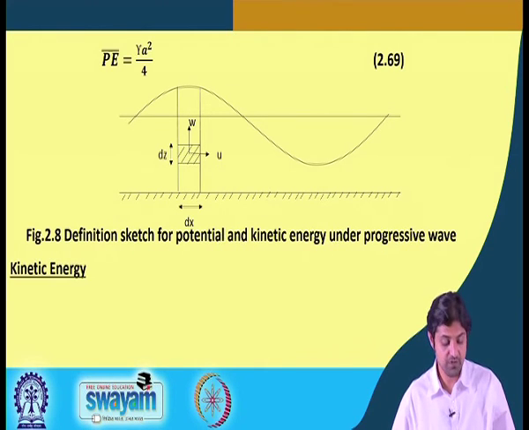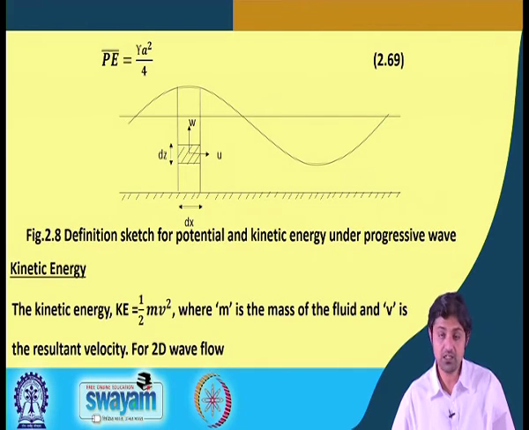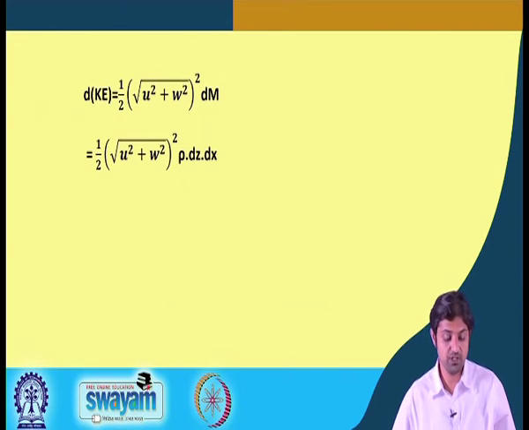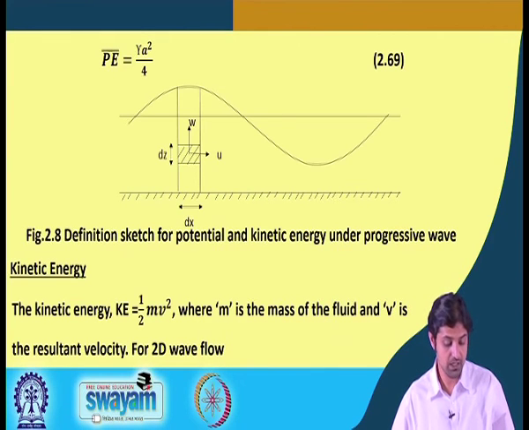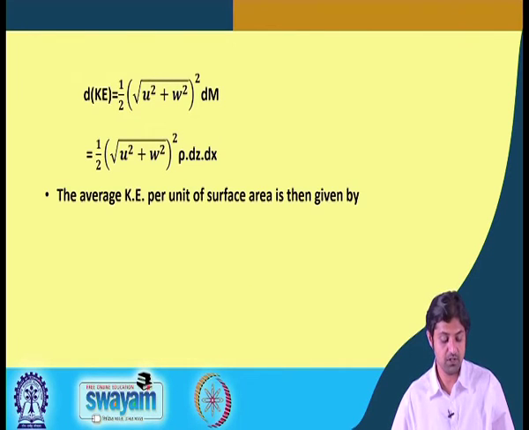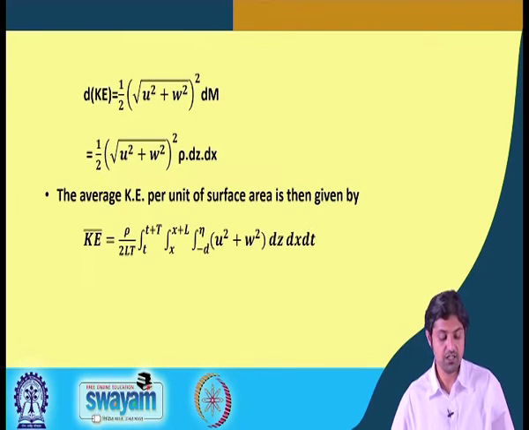Now, we will also need to find kinetic energy. It is very simple. Kinetic energy is half mv square, where m is the mass of the fluid and v is the resultant velocity. For two-dimensional wave flow, it is half under root u square plus w square into dm. dm can be written as rho into dz dx, and under root u square plus w square. So, the average kinetic energy per unit of surface area, if we integrate it over the entire wavelength and wave